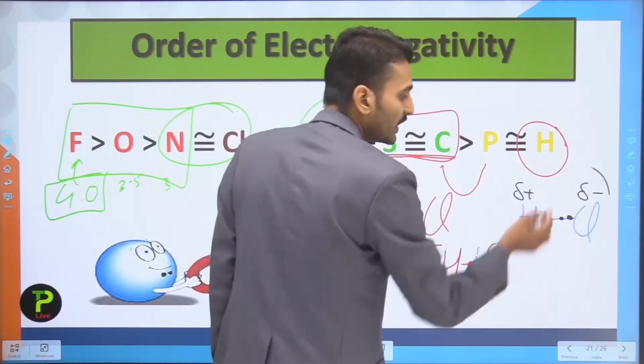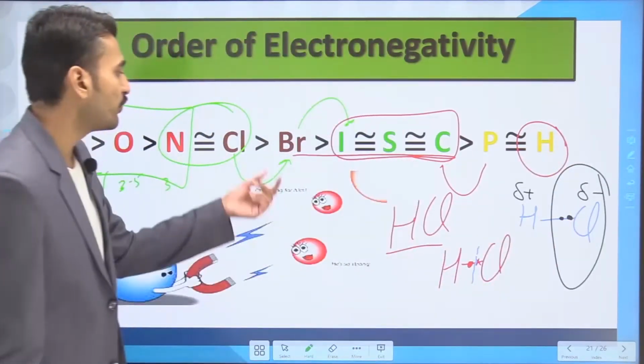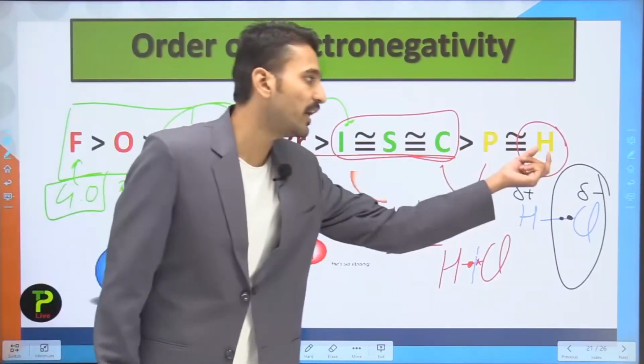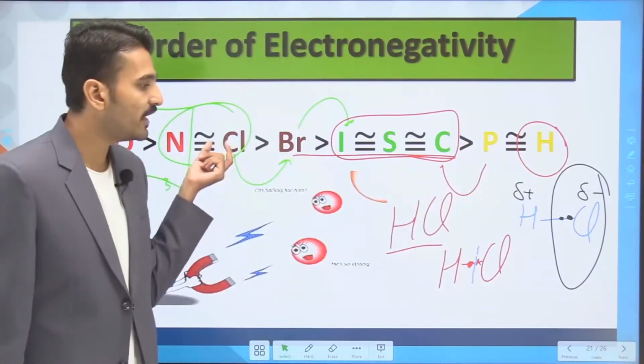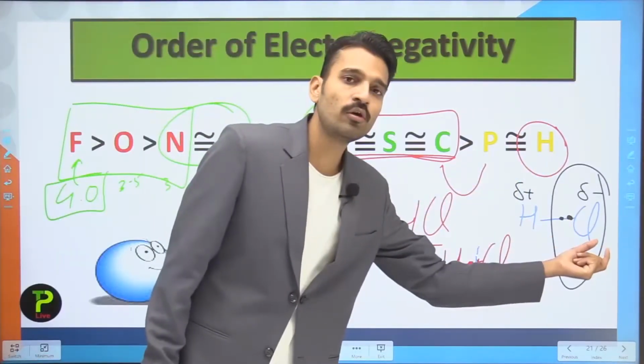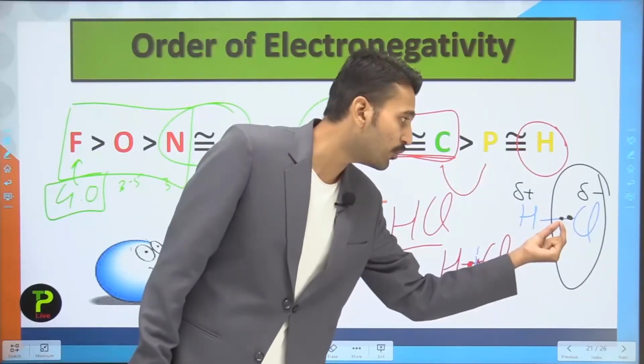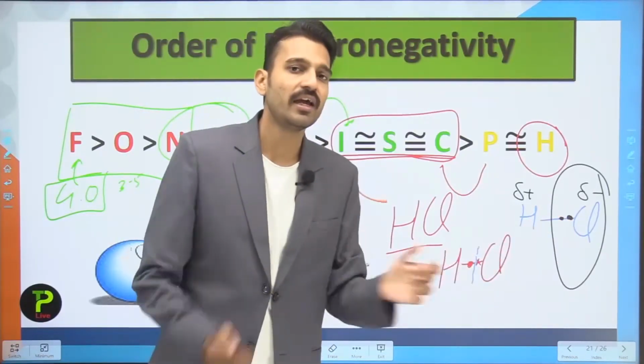So here you can clearly see, since the electronegativity of chlorine is higher than that of hydrogen, chlorine is able to pull the covalently bonded electron towards itself,